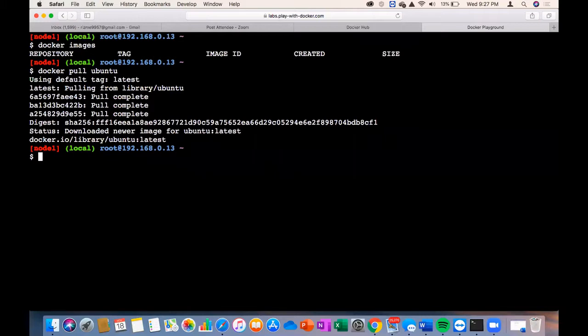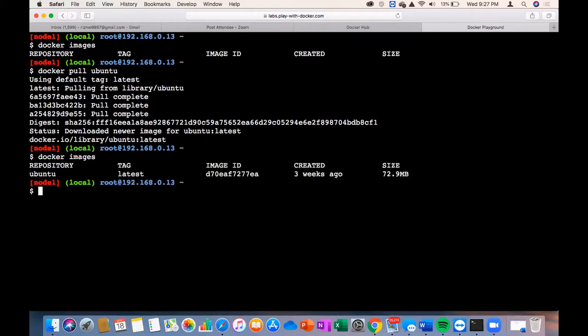Now you can again run docker images. So you have only one image. Yes, correct. Now this is an image. You are still not able to work on this image, right? To work on this image, you need to create a container. A container is just like a virtual machine. So how are we going to make it a container?